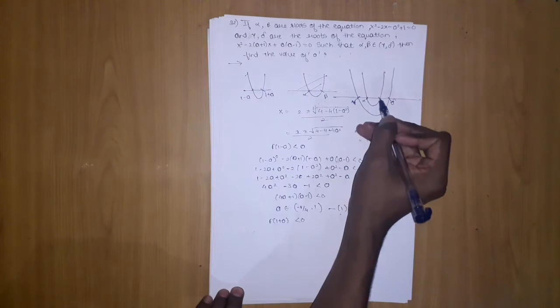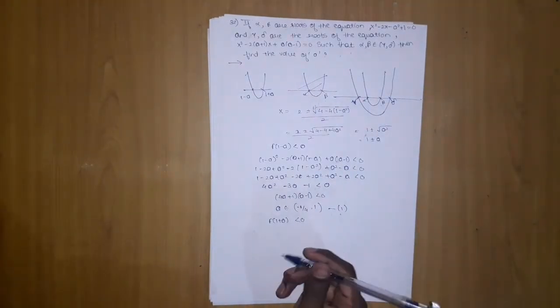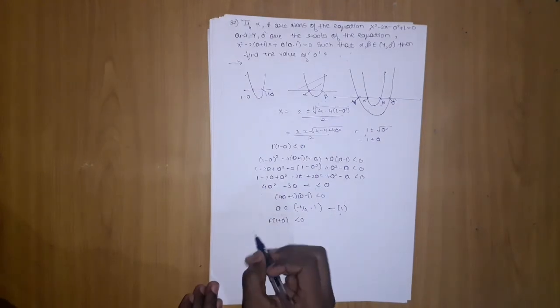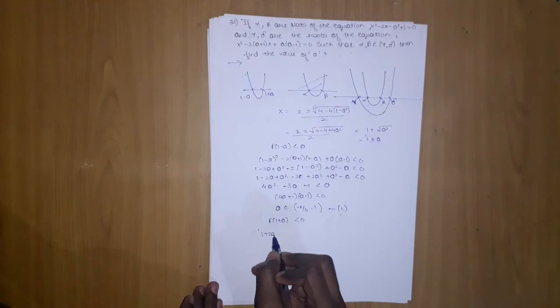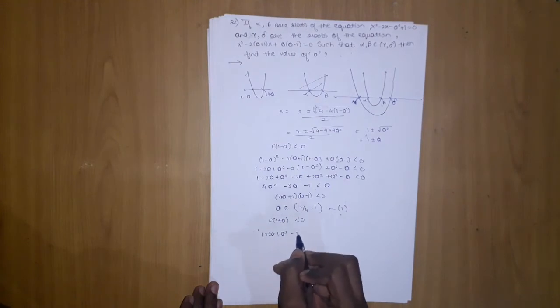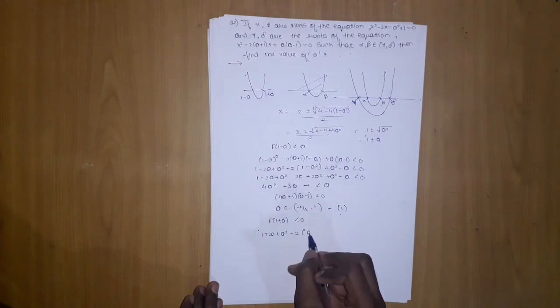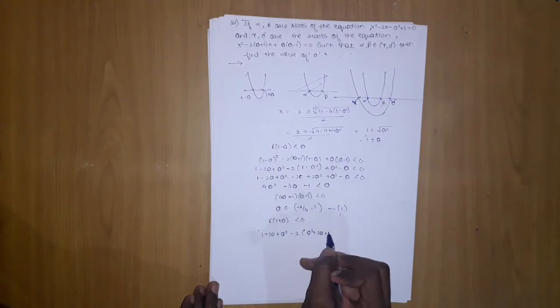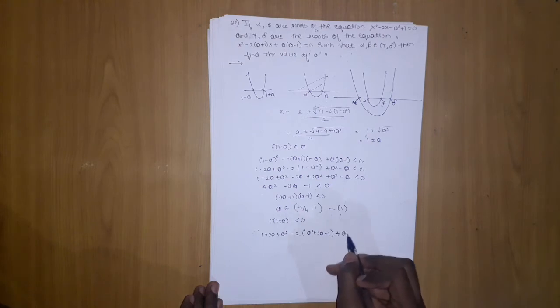Because if we put it here, it will give a negative value. Now f of 1 plus a, if I directly put it and open it, will be 1 plus 2a plus a square. Minus 2 into this will again form 1 plus a, which will be a square plus 2a plus 1. I'm doing it a little faster. a square minus a should be less than 0.